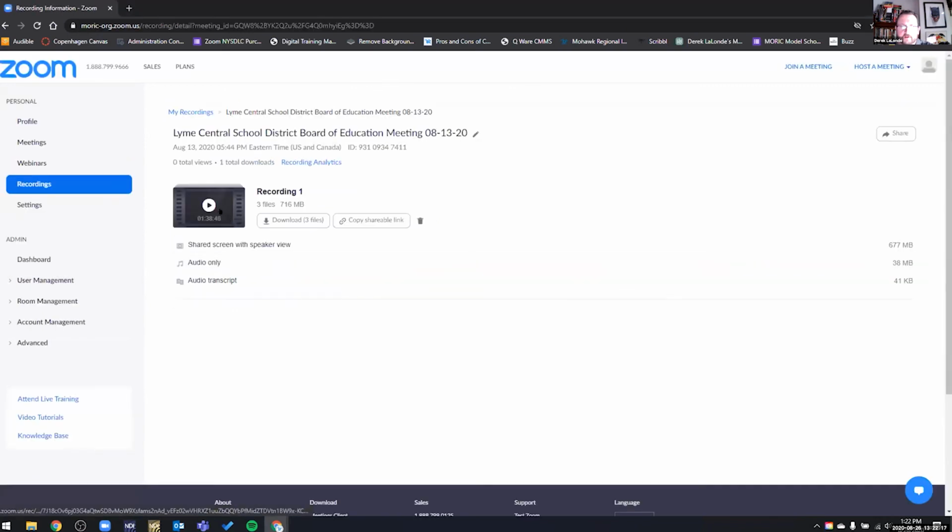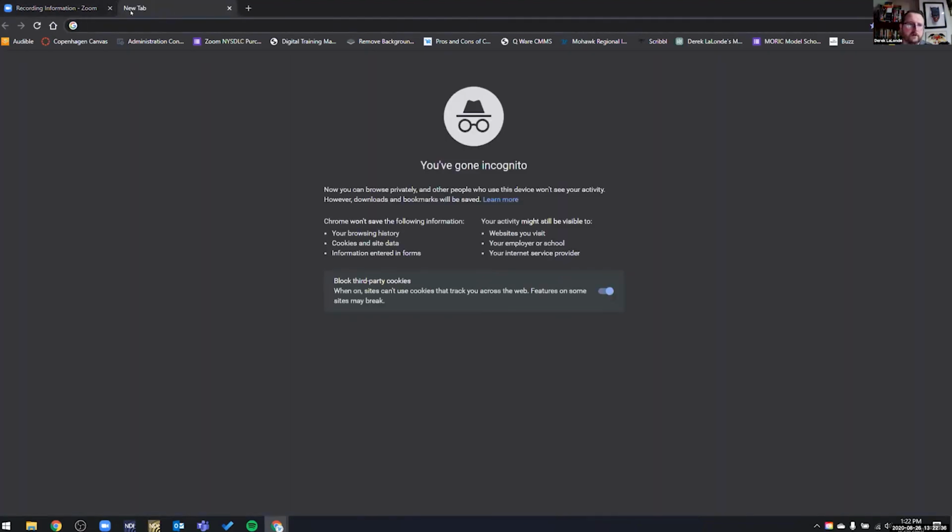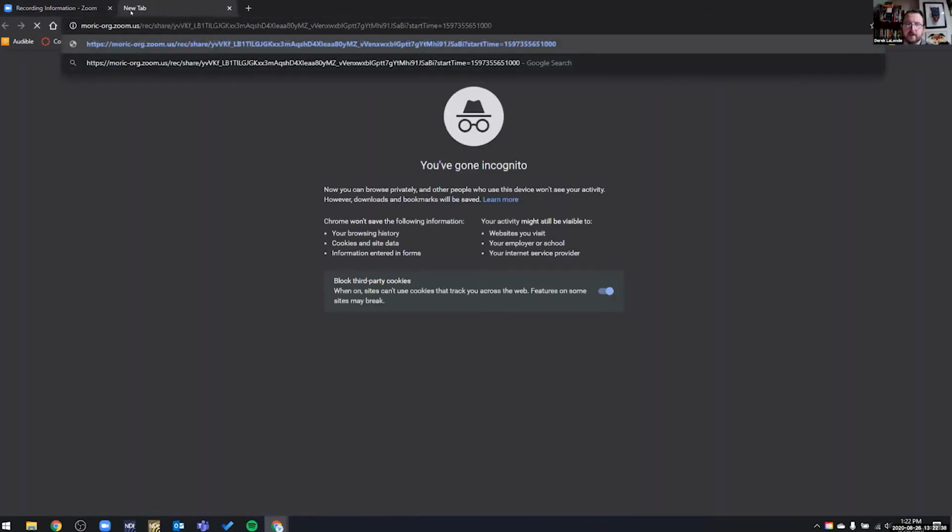And you can see right here, I can download all 3 files. So if I want to download them and upload them into Google or something along those lines so they can have access to it, I can do that. They also have right here what's called a shareable link. So I can copy that. And if I open it up in a new tab, just to show you what it looks like,